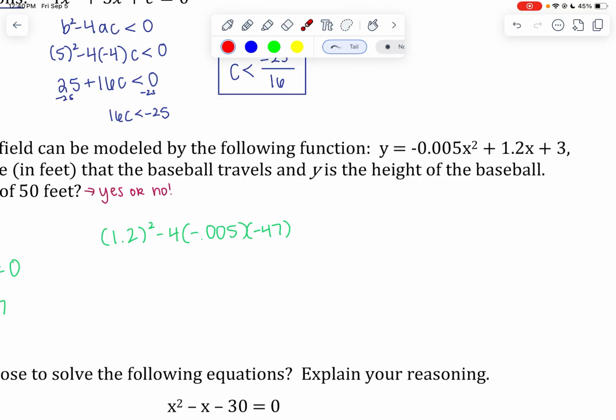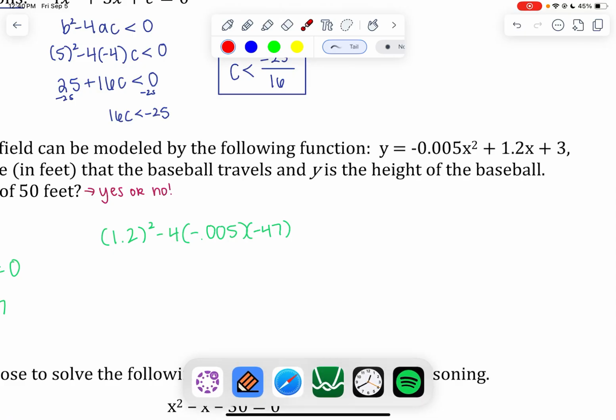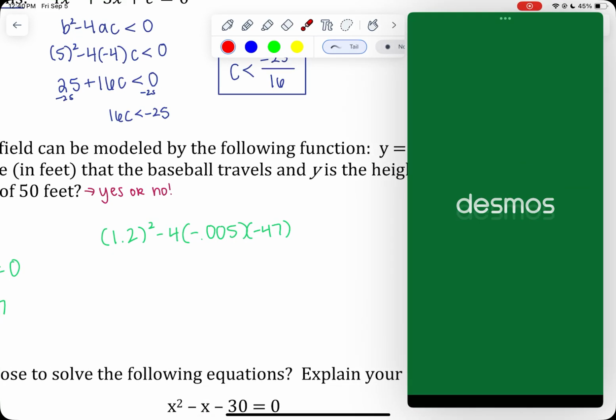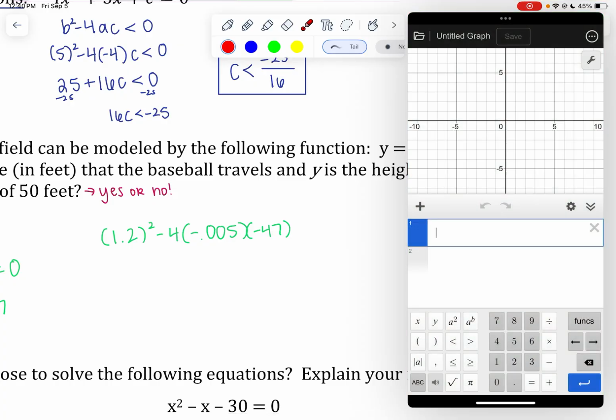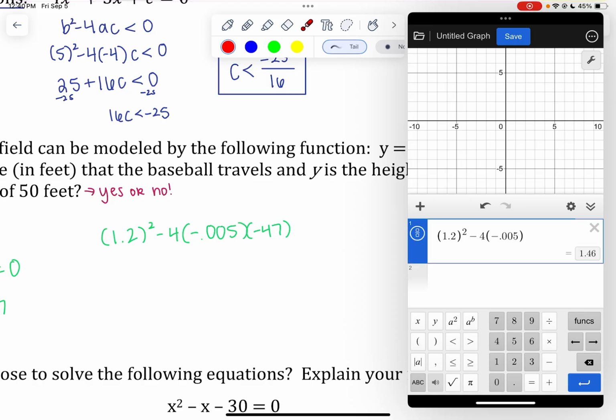So pause and we're gonna double check that I'm doing this correctly, okay? So I'm gonna go to Desmos and I'm gonna type this in, and that's fine. I wouldn't expect you to do one like this without a calculator to verify things, okay? Minus 4 times a is negative 0.005 times negative 47, and that's 0.5,